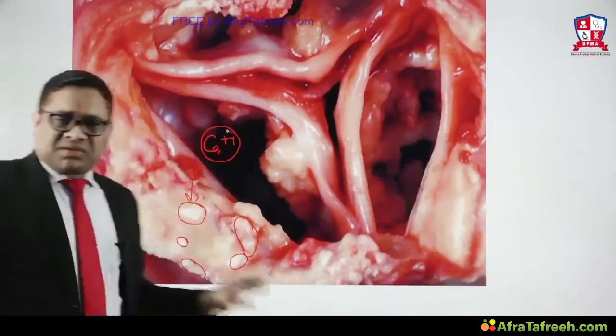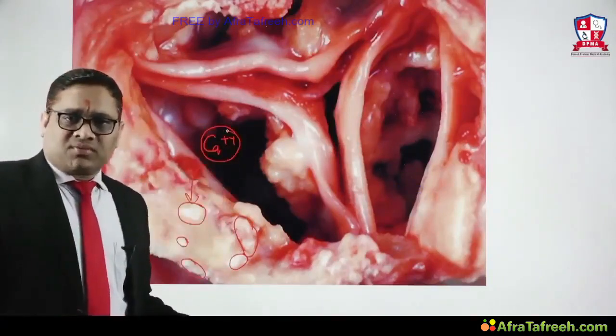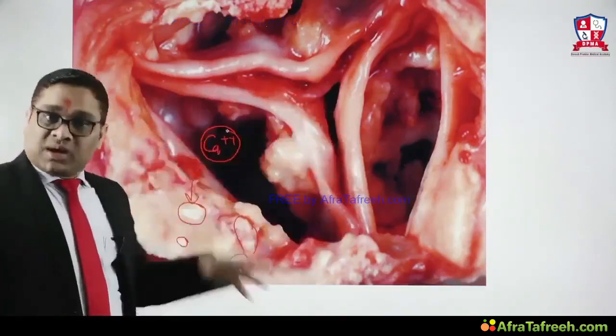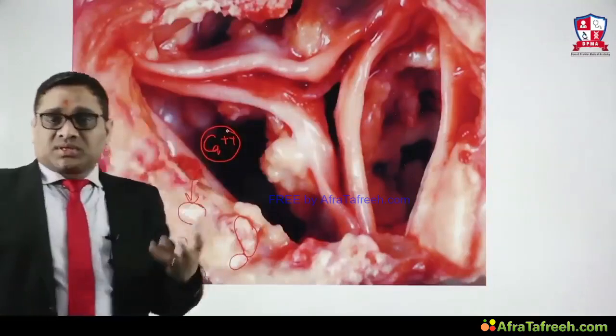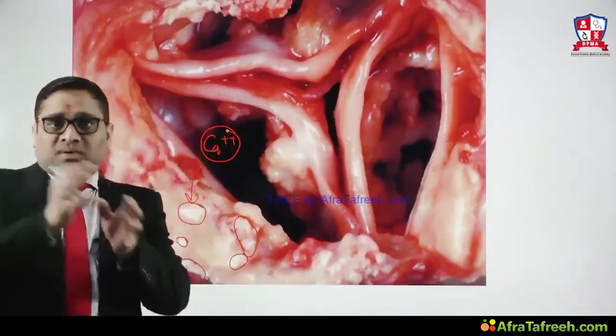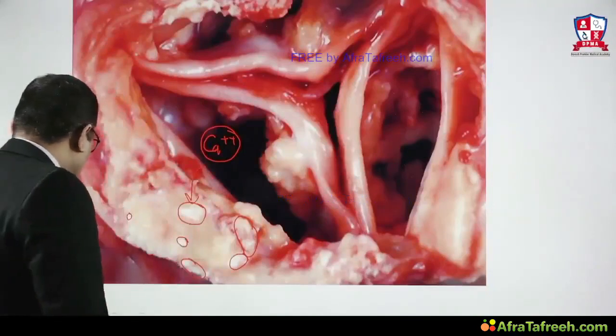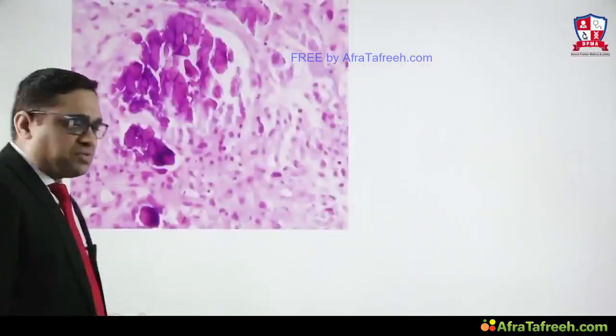So what kind of calcium deposition is it? Is it dystrophic or metastatic? Can you see? It's the valvular damage, rheumatic heart disease. So the tissue is damaged, but the calcium level will be normal. So it's a dystrophic calcification. And how are we going to confirm? Okay, this is the calcium. When we take out the section